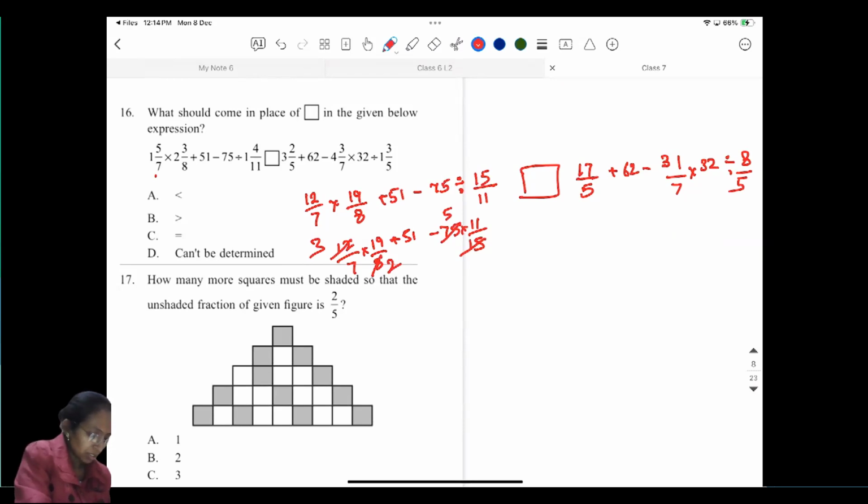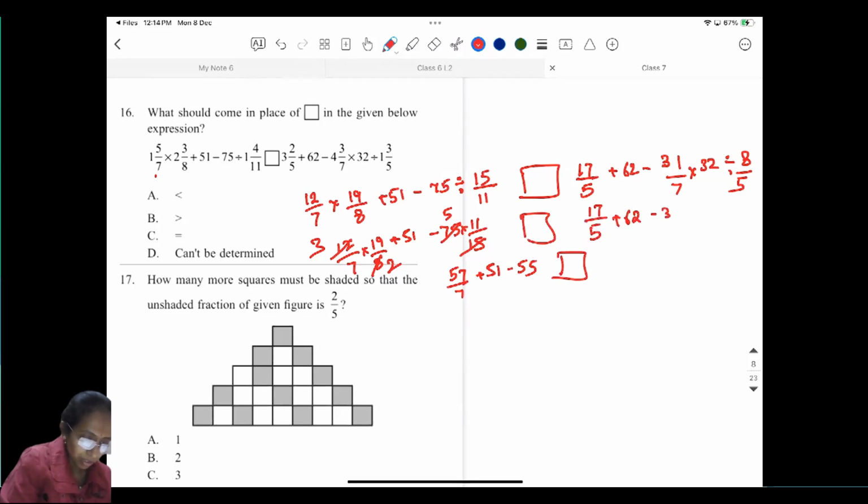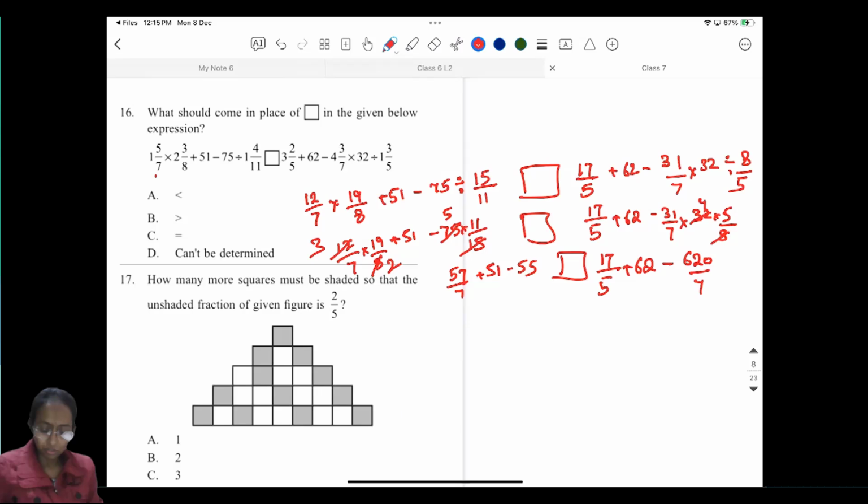So my LHS is coming to be 57 by 7 plus 51 minus 55. And RHS we are having 17 by 5 plus 62 minus 31 by 7 into 32 into 5 by 8. 8 is 4 times. So 17 by 5 plus 62 minus of 20. So 620 by 7. Now we just need to simplify